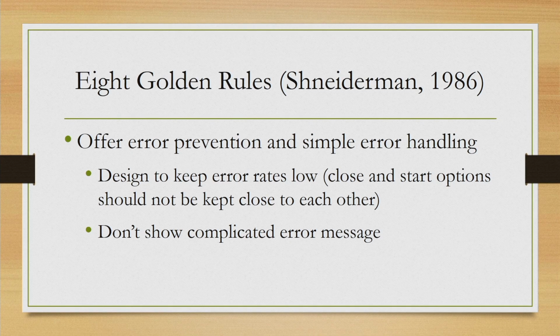Next comes the rule of error prevention and handling. To err is human, that we all know. So, there are likely to be errors and you may not be able to avoid errors completely. However, what a designer can do is design things in a way such that the chances of errors are reduced to the maximum extent possible. Some very simple things can be followed. A very simple thing to do is basically do not keep the start and close buttons close by. Then there is a possibility that by mistake somebody is closing the application occasionally.